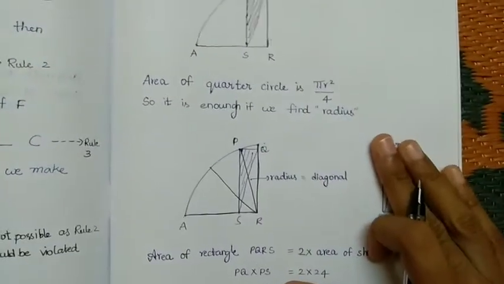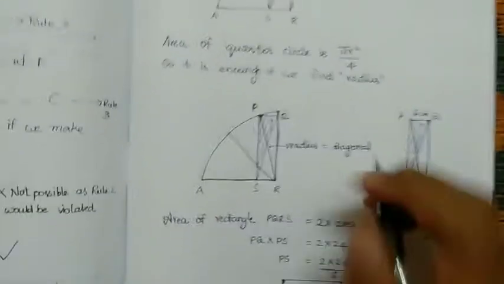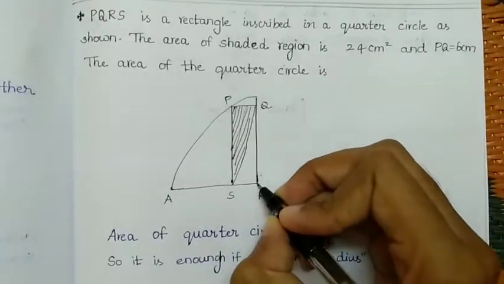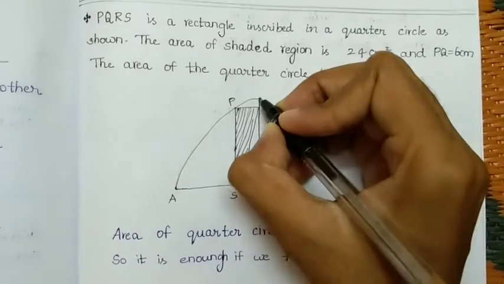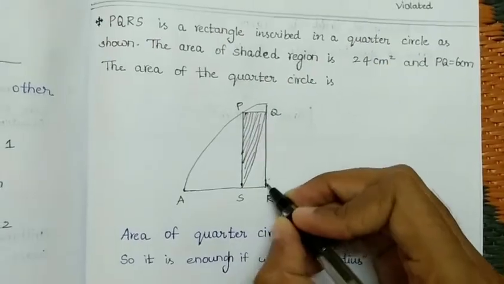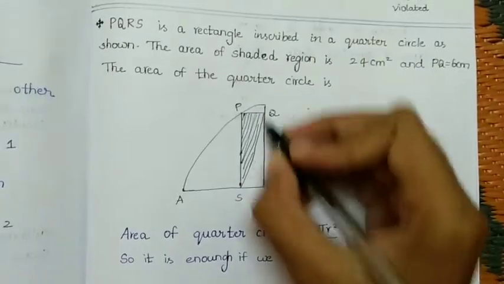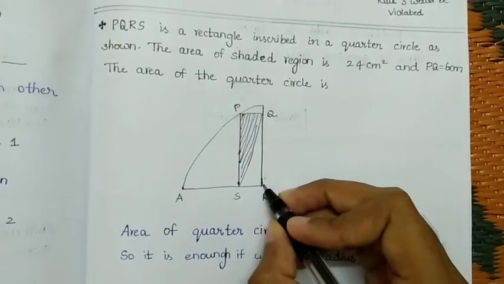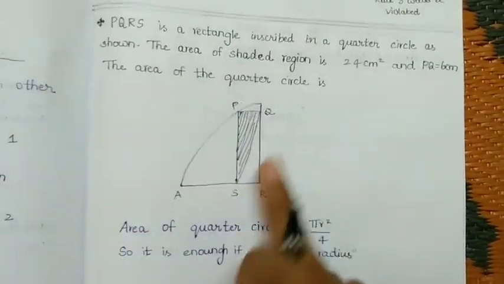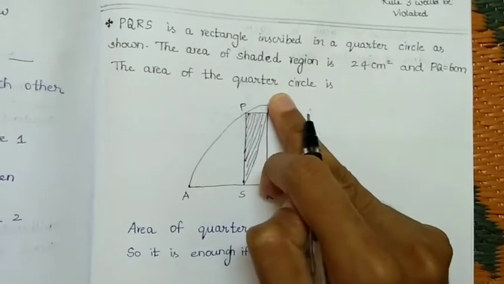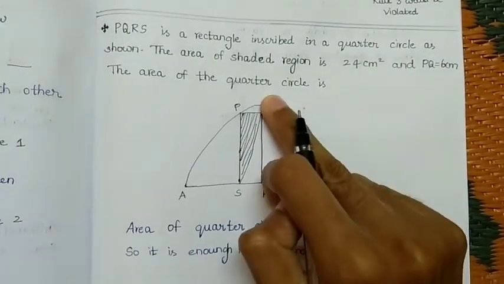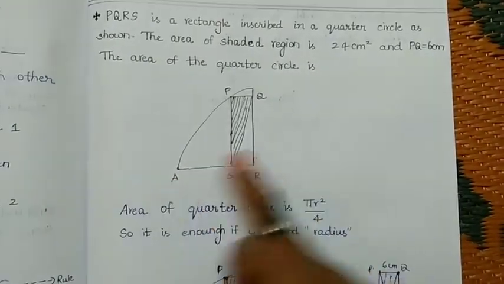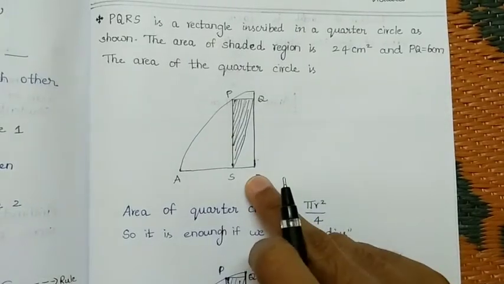So how do we find the radius, if we clearly observe this diagram? Here I will show it. From the center to the edge, any point on the circle, that distance is nothing but the radius. So this is the radius of the circle. We don't know the radius here because, from the diagram, the radius is more than the length. And on this side, this is also a radius. AR is also a radius.